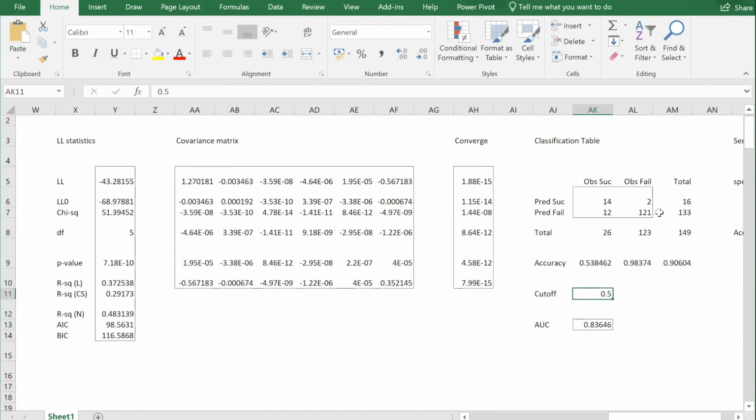There's another indicator here called the cutoff point, which basically tells you how you define failures and success. You can change this cutoff point, and you can see the variation in the classification table. You can actually manipulate this table by changing the cutoff point.